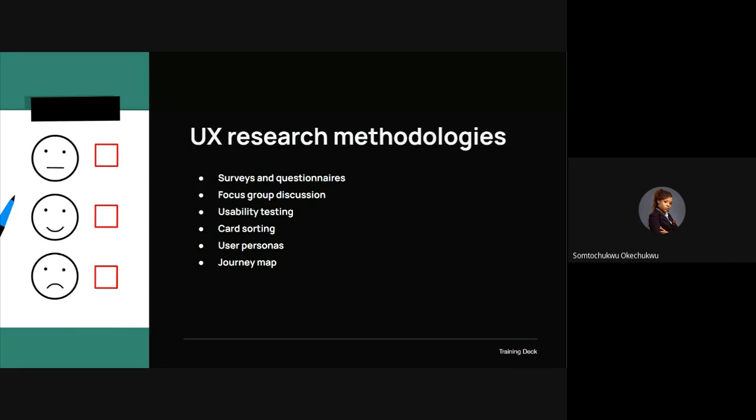We actually have a number to it though. There's a way we calculate the numbers. There are formulas to calculate the number of people you need to speak to if you want to do a good qualitative and quantitative research based on industry standards. So there are some formulas you can use to get it. But generally,